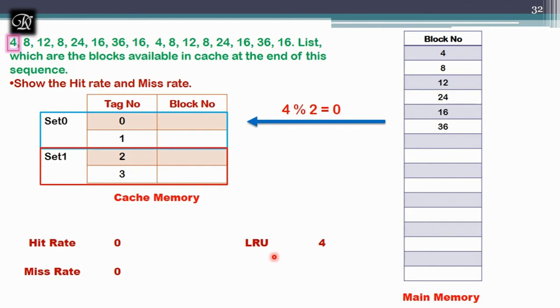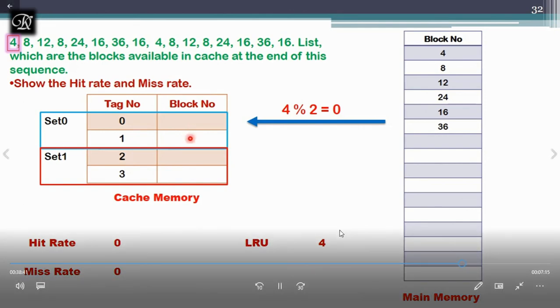to decide which set it belongs to. This value is going to decide where it has to sit, whether in set 0 or set 1. The modulus operation has resulted in 0, so 4 will sit in set 0. The direct mapping is only used to decide the set, and after deciding the set, which block inside the set should be acquired is decided by the associative mapping.